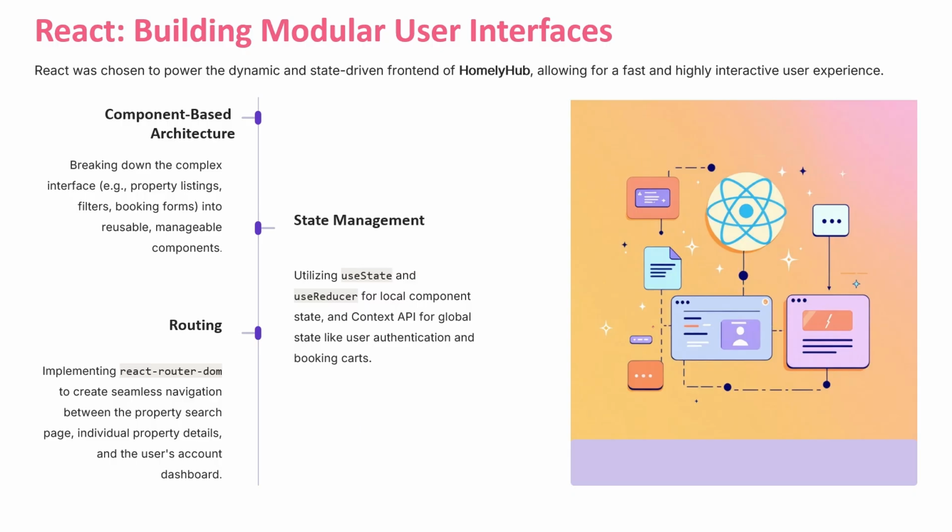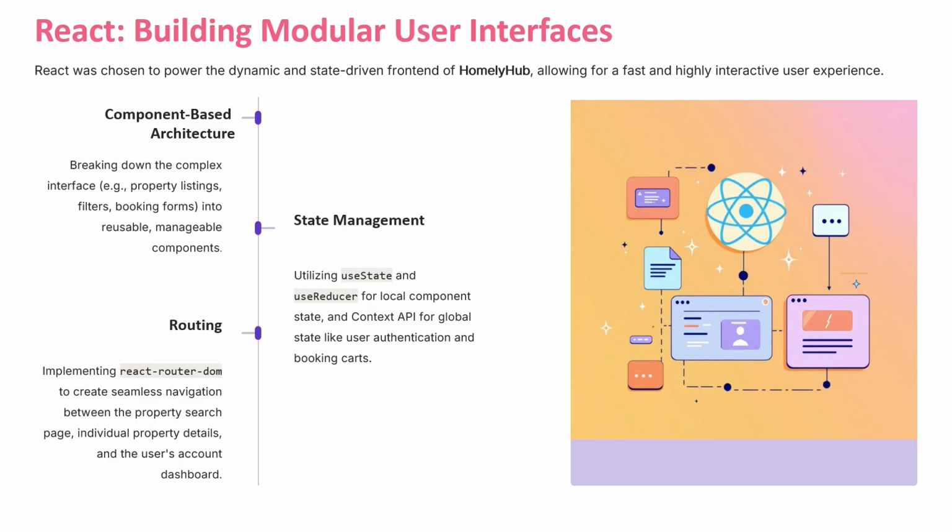We use useState and useReducer, which keep everything updated instantly when a user does something on our website, like user authentication and the booking card. And the third feature that we use for the React part is routing, which is implemented by React Router DOM